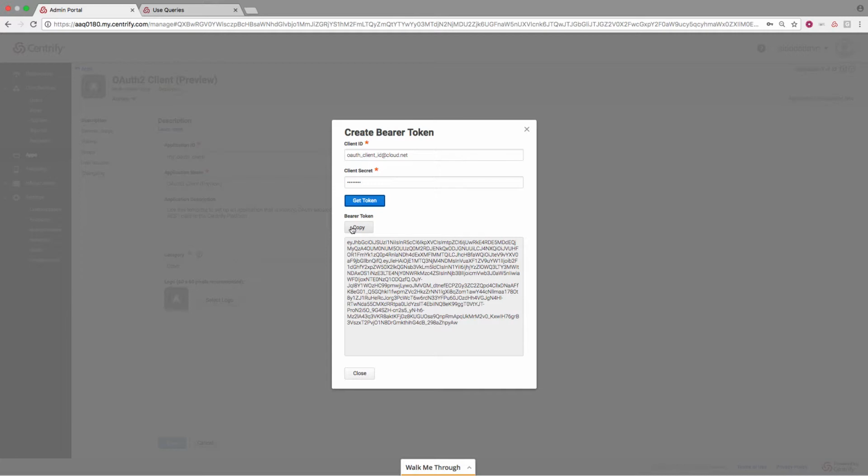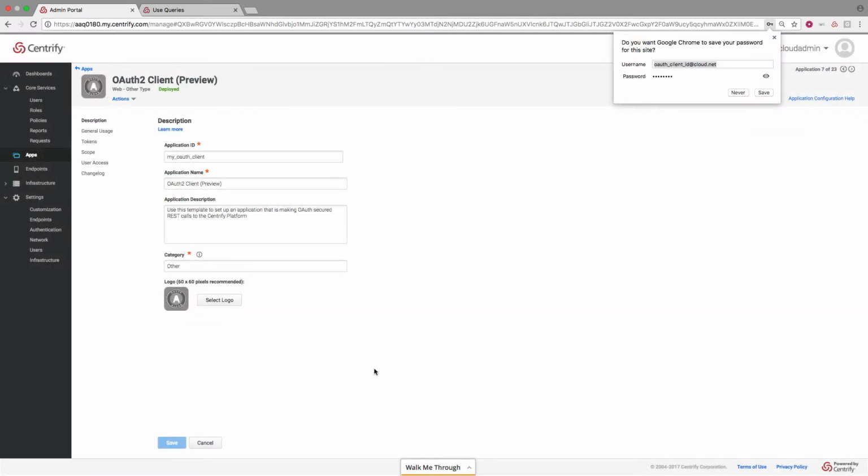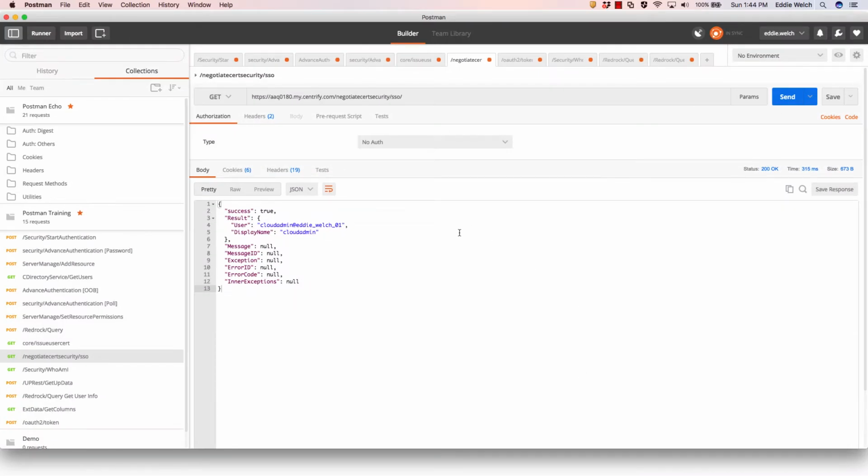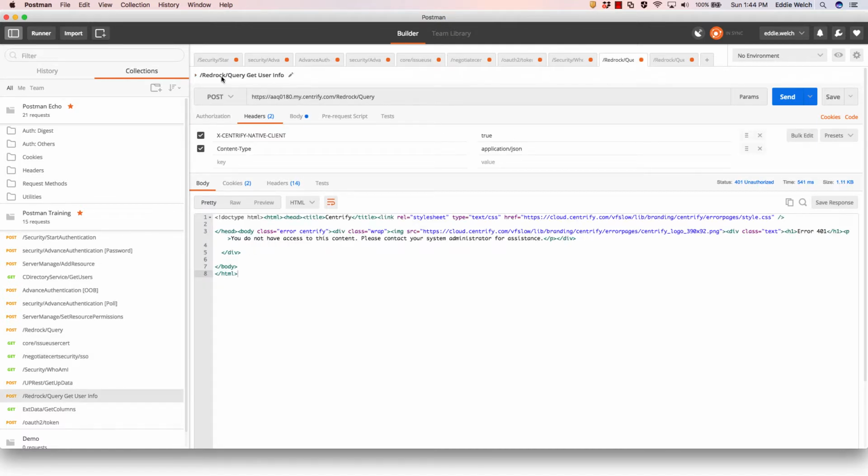Now to copy to my clipboard, I can go ahead and click Copy here, and I'm going to close this. And I'm going to head back over to Postman, and we're going to see if we can make some REST API calls using this bearer token. Now, in this example, we're doing an HTTPS post, and here is our tenant, right? You can see the issuer, right? That's my Centrify tenant address,